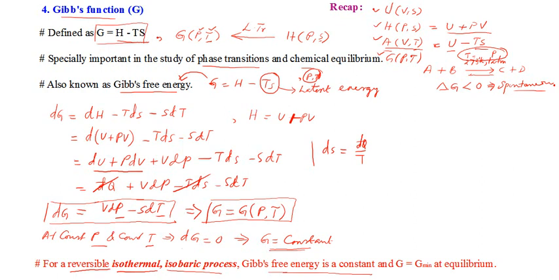You will see that if the constant value of Gibbs free energy attained at a particular value of P and T is the minimum, if that is the minimum value that can be attained by the particular system under a given pressure and temperature, then we can conclude that the system would have achieved its equilibrium. That is also something very significant. The system has got minimum Gibbs free energy value at equilibrium.